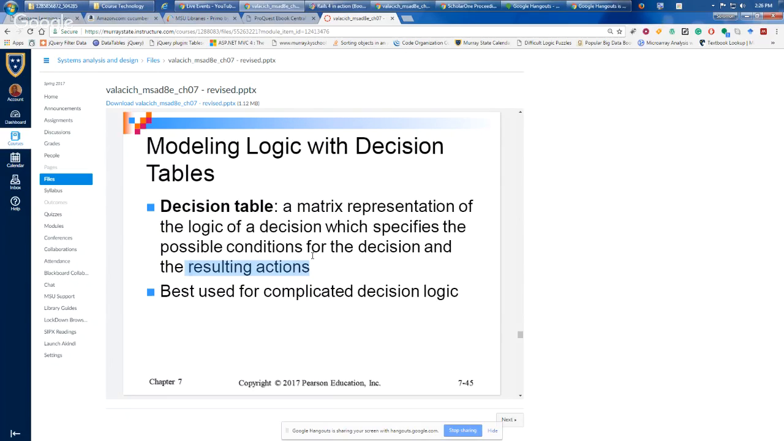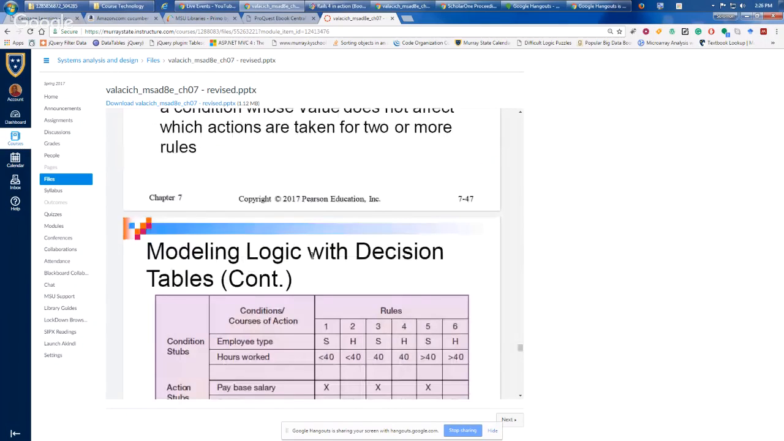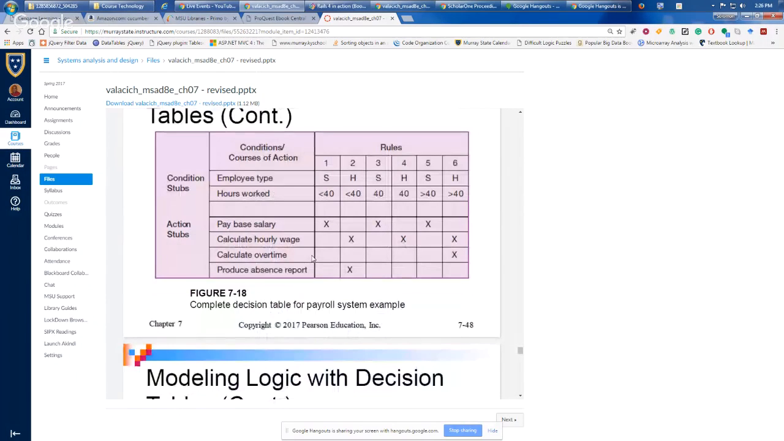Say, for example, we have a business that wishes to create some business rules that capture the type of employee and the number of hours the employee worked. Depending on that combination of employee type and hours worked, the actions that may be done will be different. Say, for example, if the employee is a standard employee and works less than 40 hours, then the employee gets